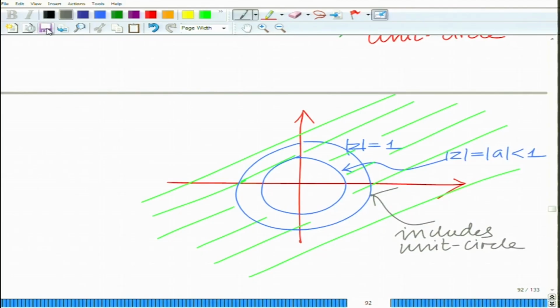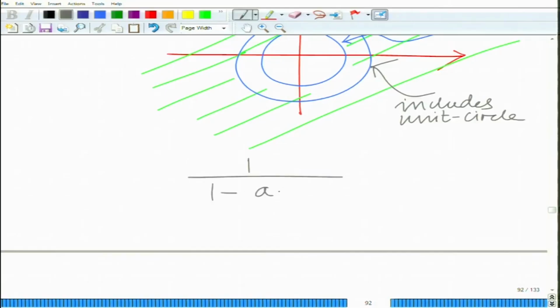So, if magnitude A is less than 1, then the ROC of A raised to n u n, the ROC of that signal basically includes the unit circle, and therefore, now if you replace the Z